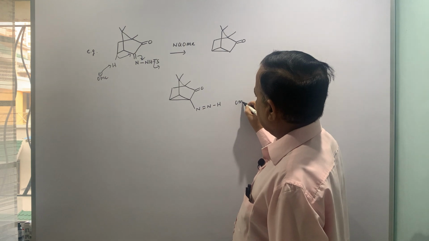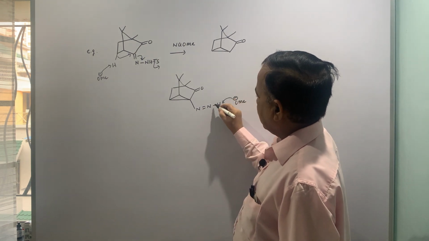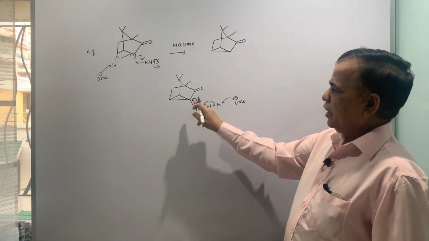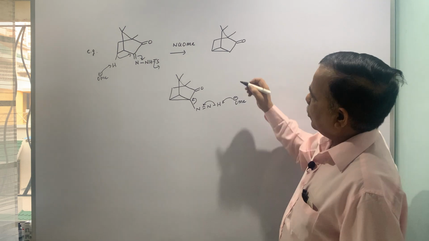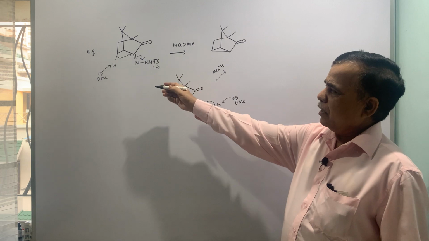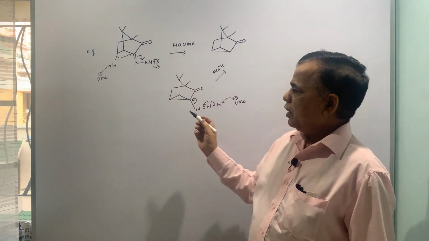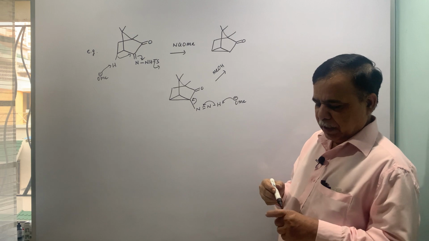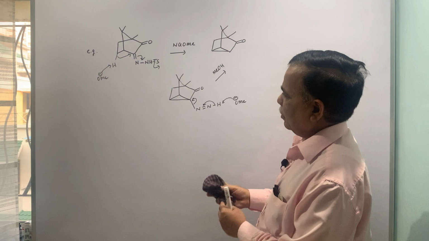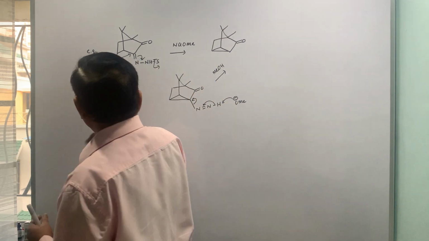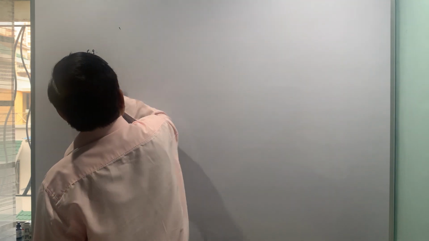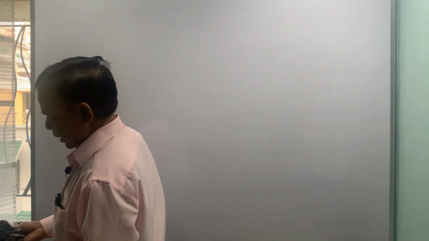Then this is the acidic proton. If it goes off, you get a carbanion here, which eventually takes up the proton from the reaction medium where methanol is there, because once it abstracts the proton, this becomes methanol, and that is how you get this compound, that is the resultant of the Shapiro reaction.